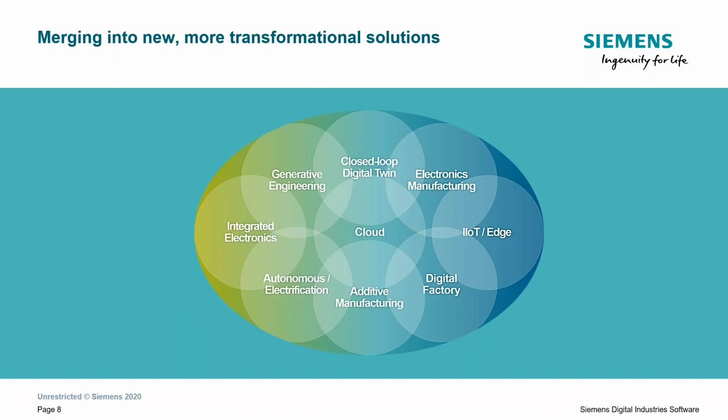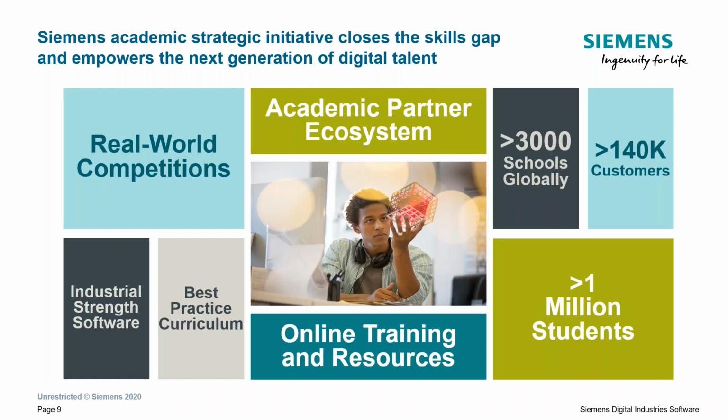Transformative business value of PLM, of these technologies to create, to visualize, analyze, and simulate products and processes in our production process can only be realized by dissolving the boundaries between them. So we are committed to empowering the next generation of digital talent through a global strategic initiative. We have an academic partner ecosystem that empowers more than 1 million future engineers and technologists at more than 3,000 academic institutions globally to provide a strong pipeline of talent to our more than